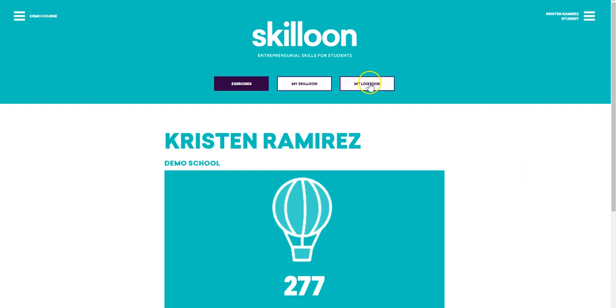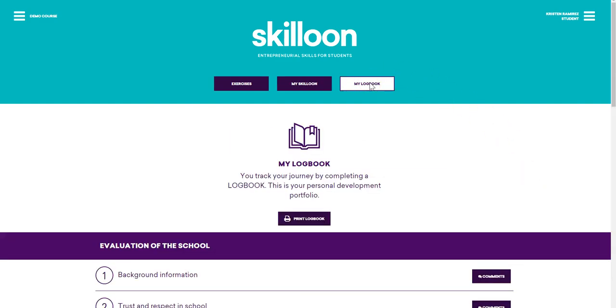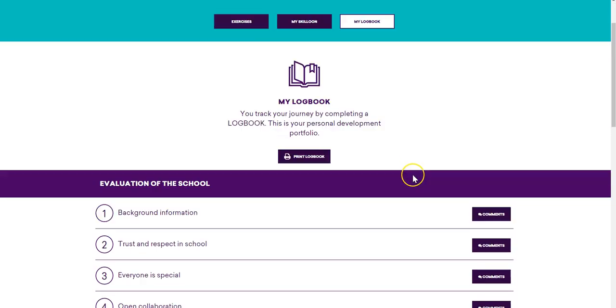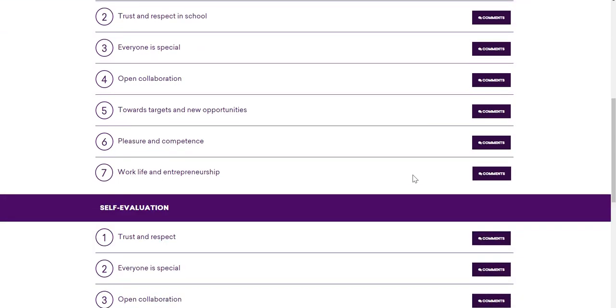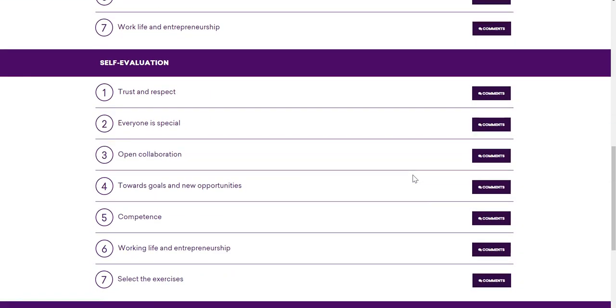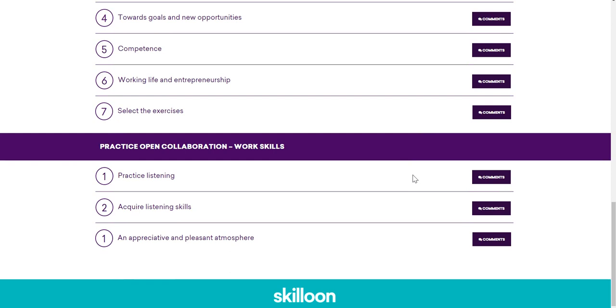The last page is the logbook. It is the student's personal development portfolio. It works as a single access point for the student to all the questions and answers she has given in Skilloon. And as the student's teacher can also see her answers,